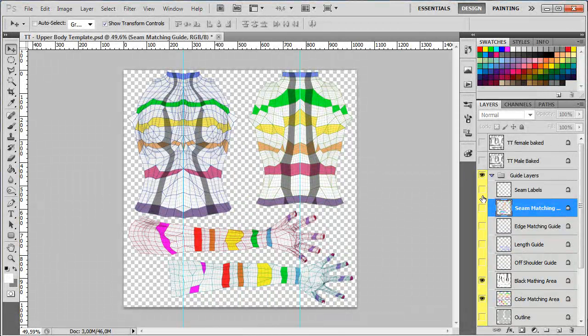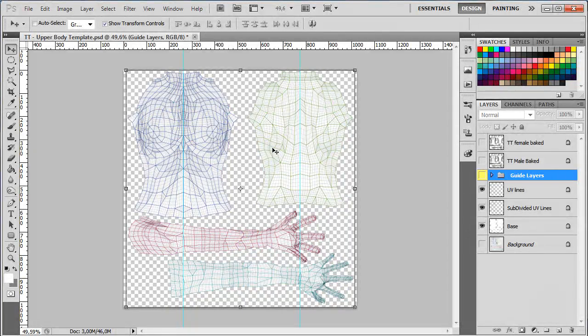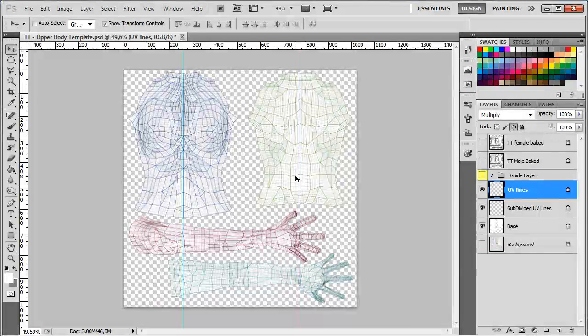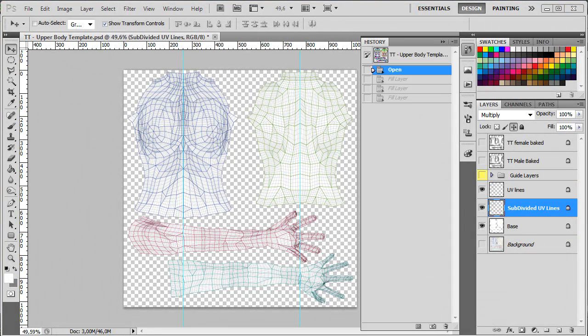I have locked all these layers, and I locked the positions of these layers because I think it is very important that you keep where they are, and you don't accidentally take one and try to move it, because then it doesn't fit anymore on the body. So I lock them. Then there are two more layers that I want to show you, and those are the